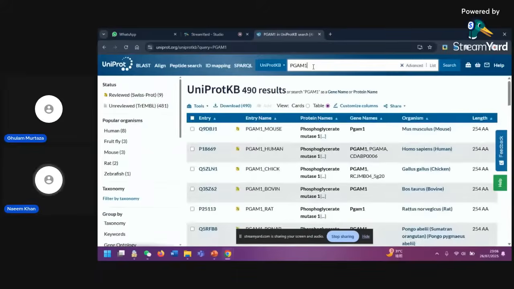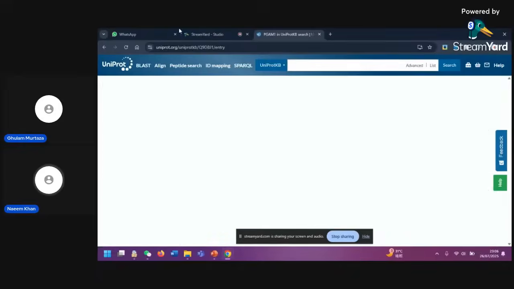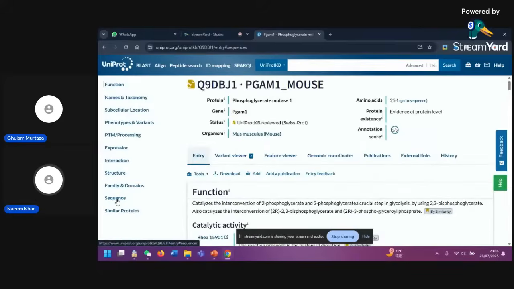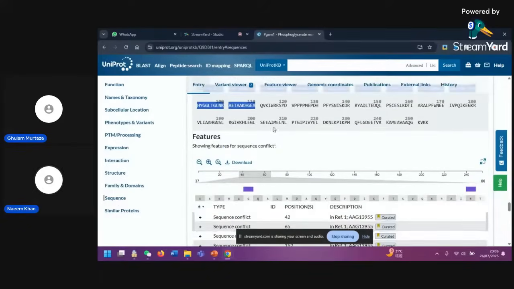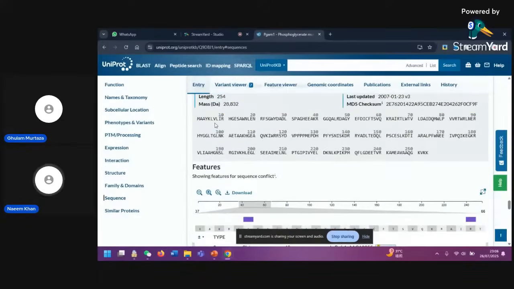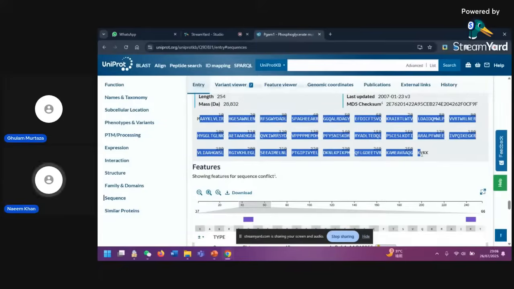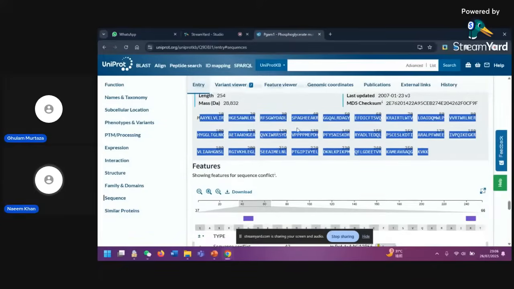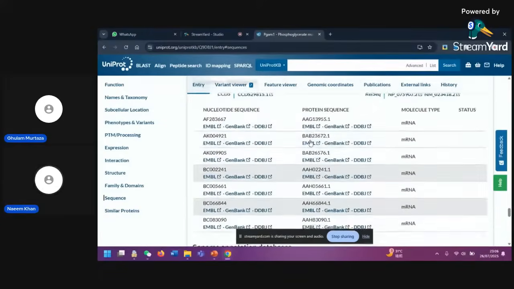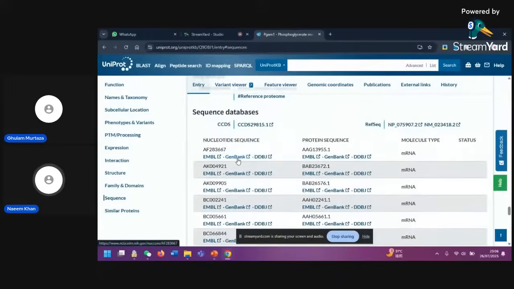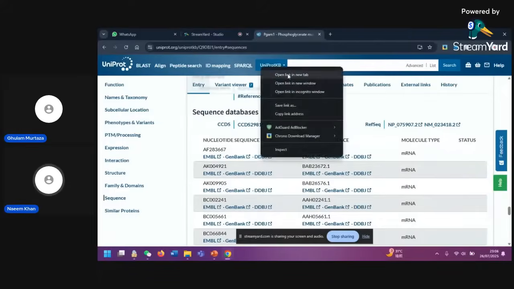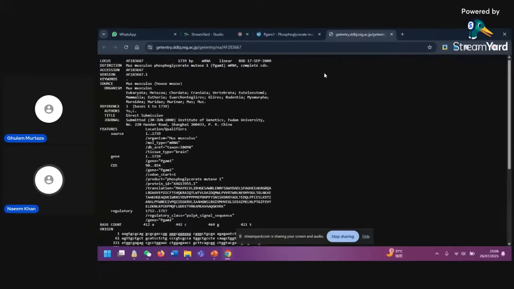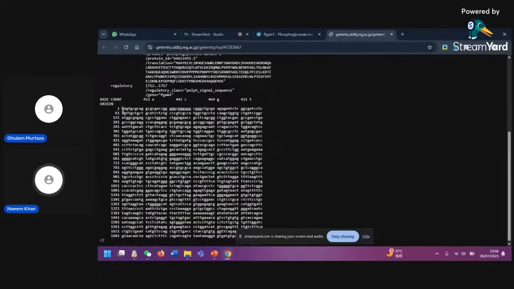You can use any gene, and here we need a sequence, and this is the protein sequence. When this gene is expressed, it will produce the specific protein, and this one is showing the protein sequence. So we need a nucleotide sequence. We will go to DDBJ and collect the specific sequence. Here it's showing the CDS sequence,